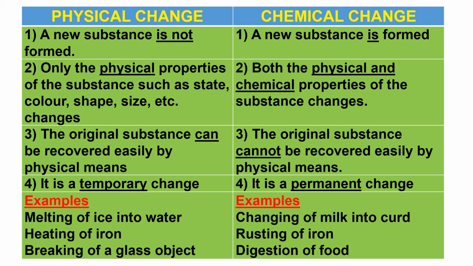A chemical change. What about rusting of iron? When iron gets rusted, does it remain the same or do you get a new substance? Of course you get a new substance. Why? Because when iron gets rusted, it reacts with the moisture and oxygen in the air to form hydrated iron oxide. Iron changes into iron oxide. So you have got a new substance. Iron has become iron oxide.